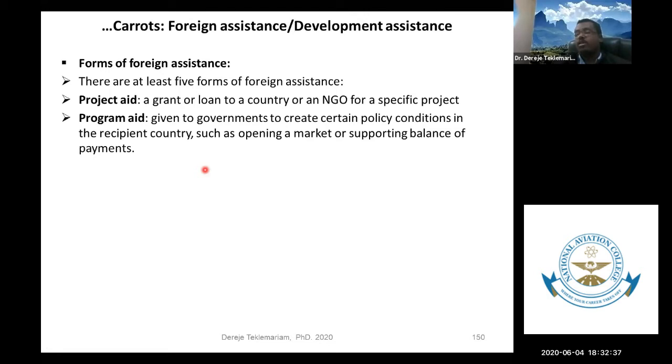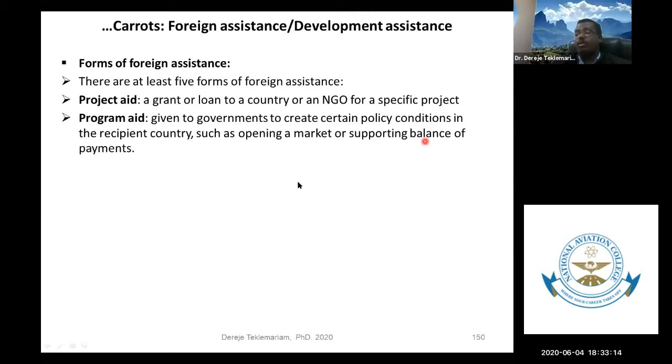For example, if Ethiopia is getting weaker in terms of its balance of payment problem, with a deficit of around 12 billion US dollars annually, a country who wants to make this country a friend and to be an open market for future companies or future operations definitely has to support. If not, the country will collapse. So this is what we call program aid. Remember, the program aid or the project aid. The program aid is totally aligned with some policy conditions, whereas the project aid is totally aligned with a specific project.